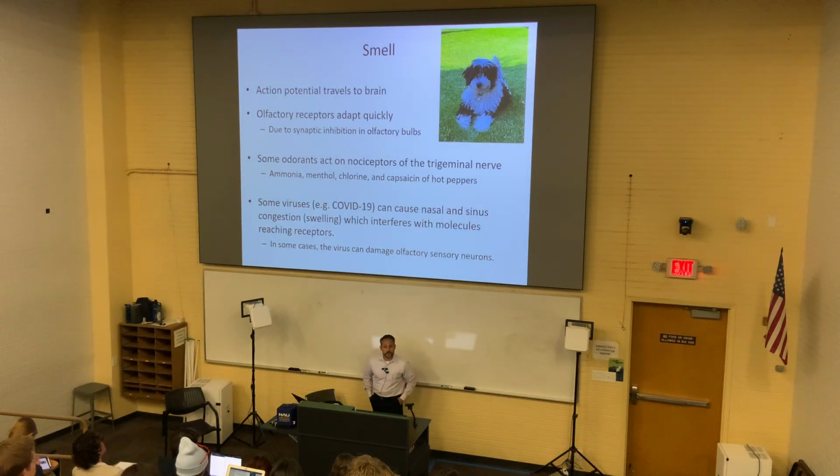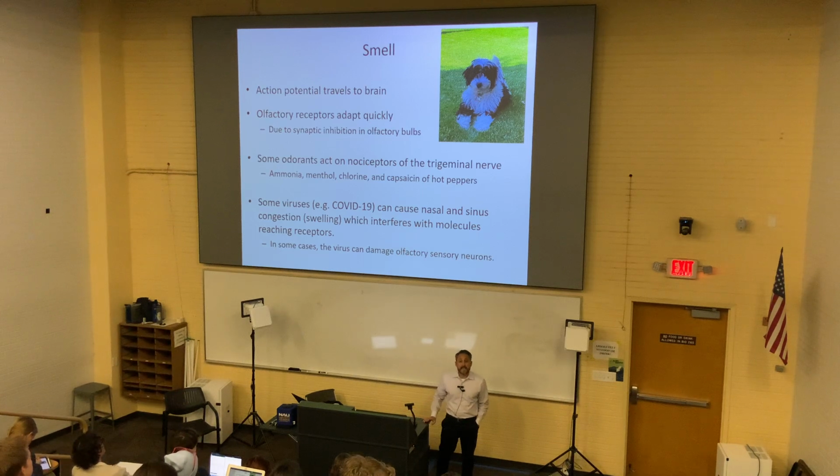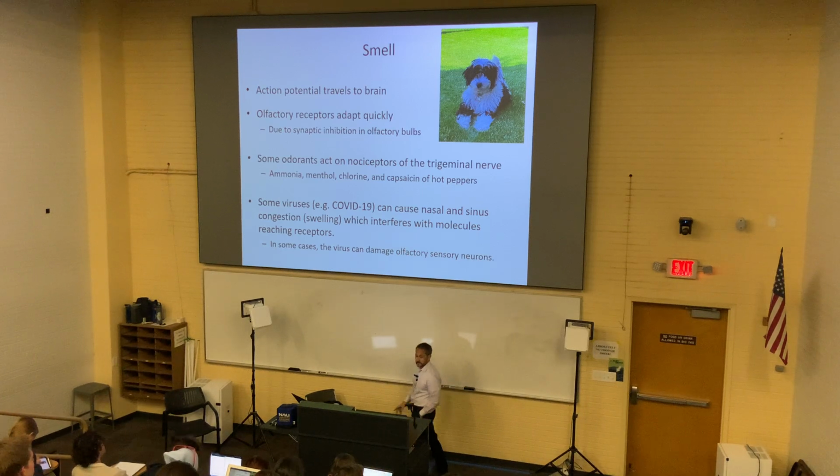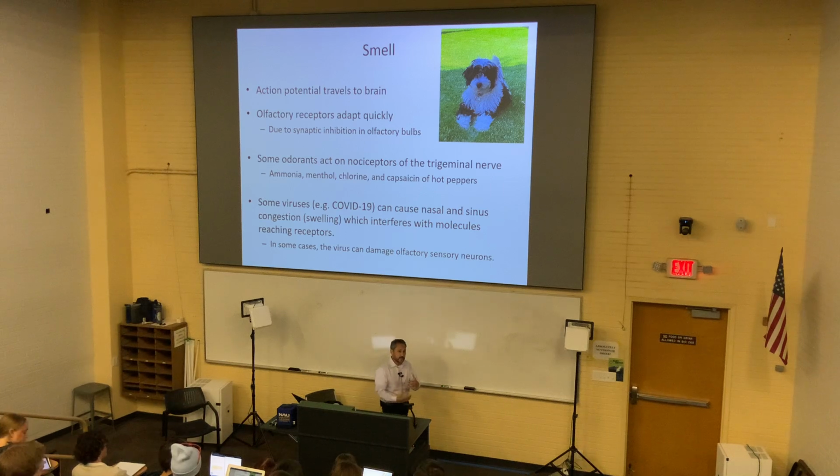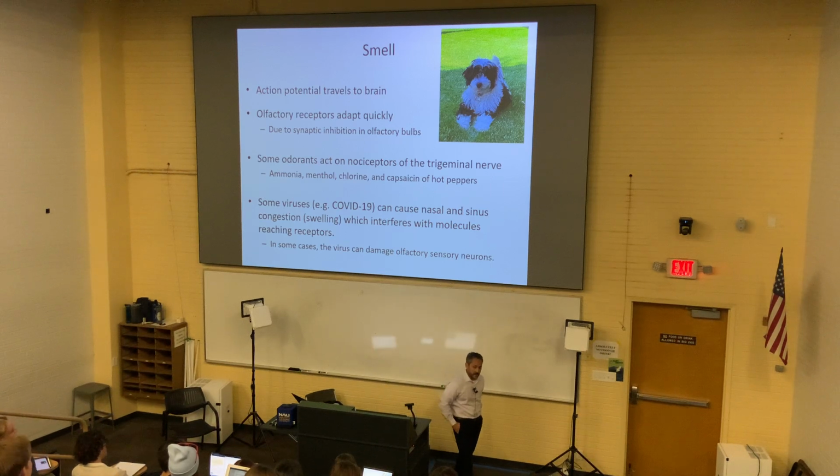So the action potential goes to the brain. The olfactory receptors adapt actually quite quickly due to synaptic inhibition. So this adaptation that takes place, we talked about this in our first lecture: phasic was adapting quickly and tonic is adapting slowly. So this adaptation that takes place, like the analogy I think we talked about in that lecture was,